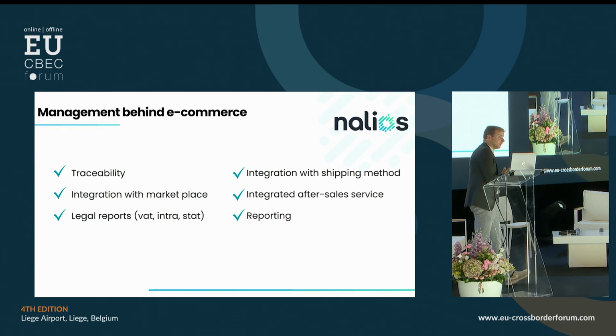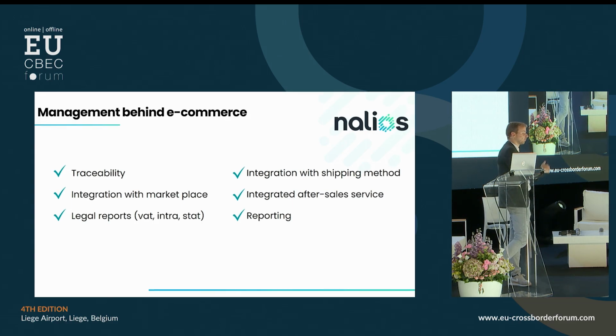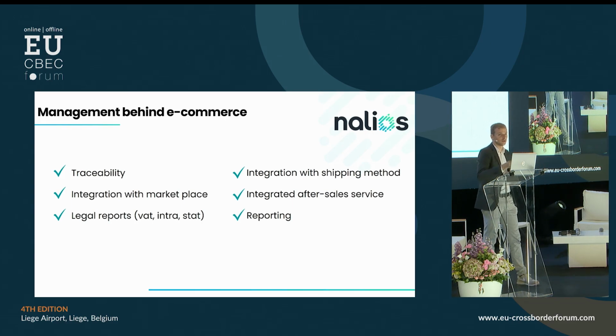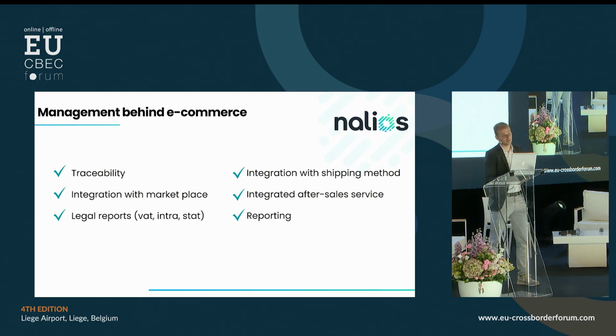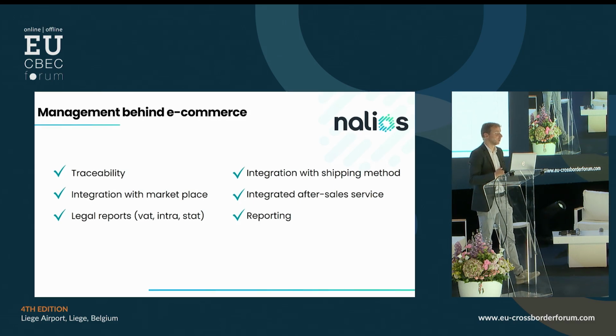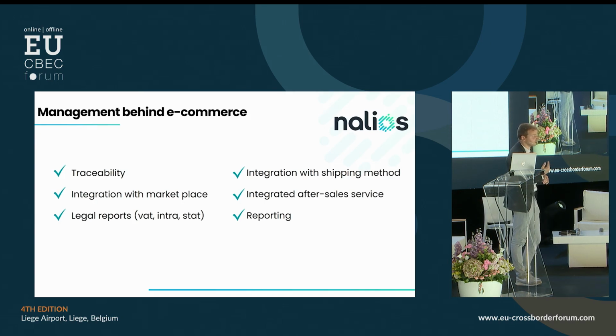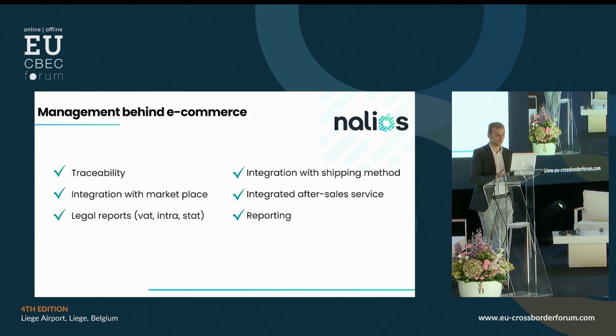For the traceability, it's important to be able to find where a product is in one single tool, not to have multiple tools, where you need to connect to Amazon to see if the delivery has been done, or to connect to another marketplace to see everything. It's not really usable. It takes a lot of time. As I told you, there is an integration with other marketplaces. So Odoo is integrated with Amazon, for instance. We can, in Odoo, see all the things you've sold on Amazon,